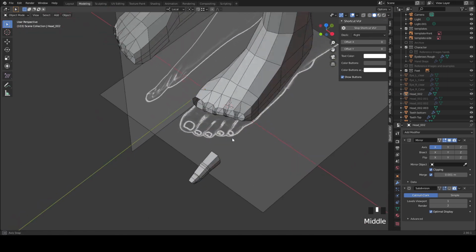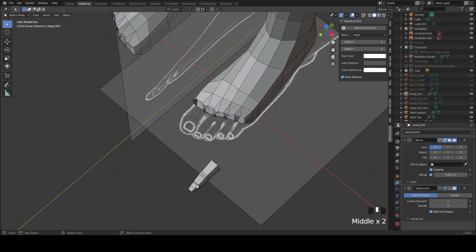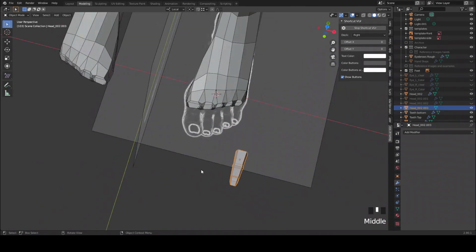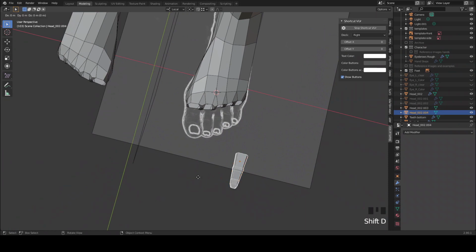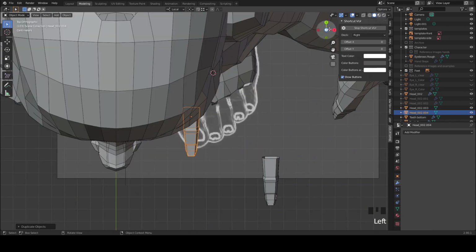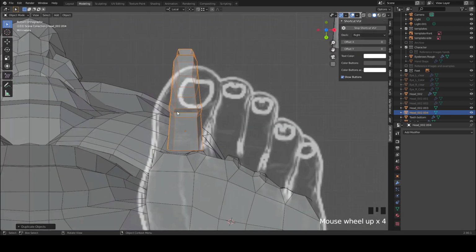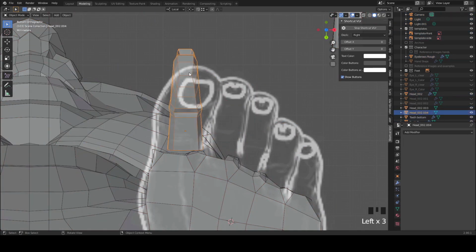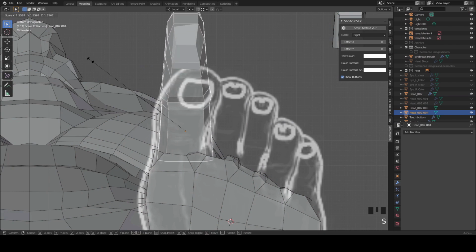And now we need to let's duplicate these toes and scale them so they look like these toes, and then attach them. Okay, let's shift D, move this over, and go to the bottom here. Oops. And let's scale this big toe up to be roughly the right diameter or thickness